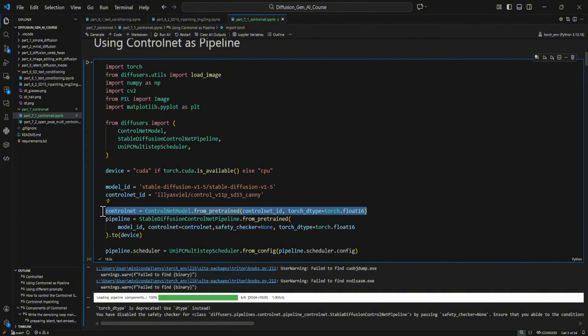First, you would like to get the ControlNet model, so you use ControlNetModel.from_pretrained, and you get the ID of the ControlNet, which is this one. First, we are starting with the Canny edge, so that's why. In this repo, you will find different versions of ControlNet, which can be pose, depth, segmentation, all of them. We'll load our